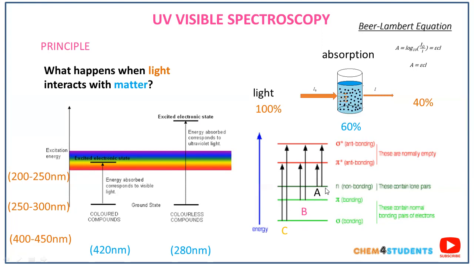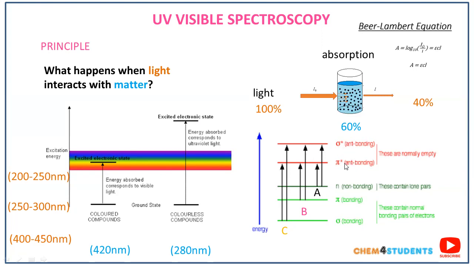We have three different compounds, and they will take energy depending upon their electronic transitions. A is taking less energy and C is taking more energy. Why? Because C is a very stable form. It is present at the ground level, so it has less energy there, and it requires more energy to be excited to the higher energy levels.